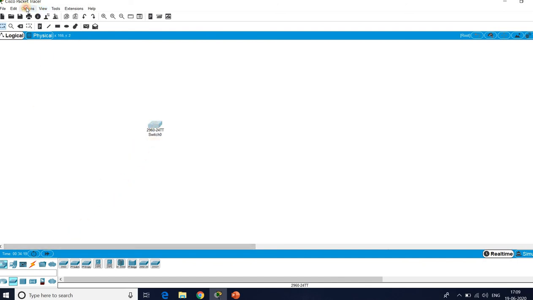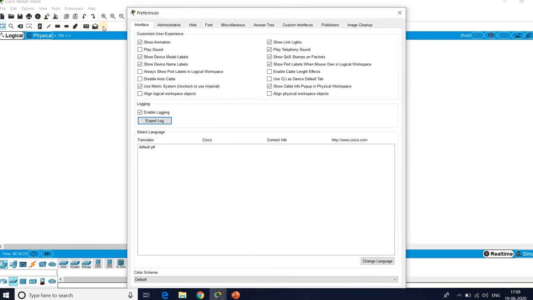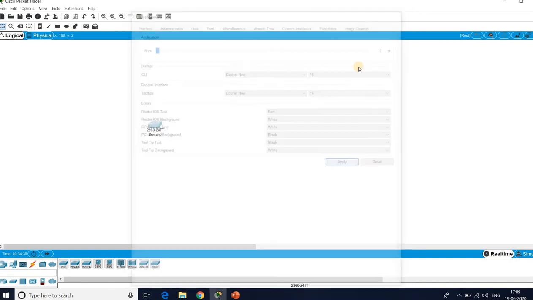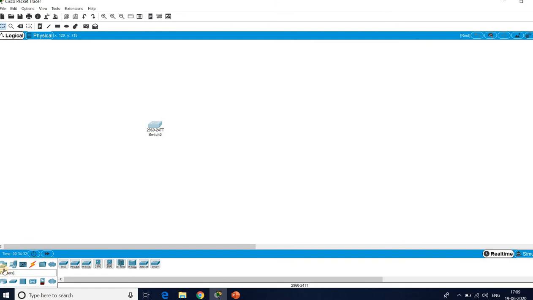For this I can go to the preferences and increase the font to 16, already 16. Apply it. Then I go to end devices to configure this particular switch.